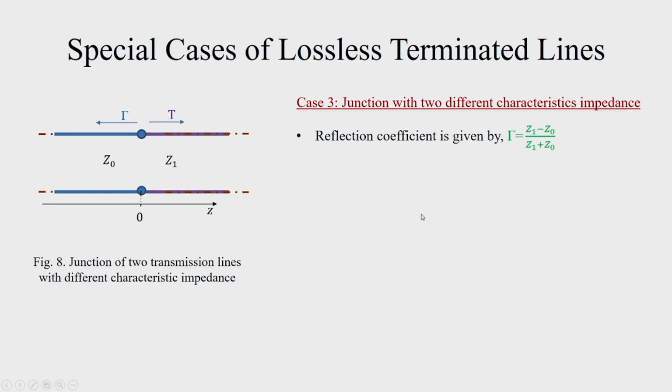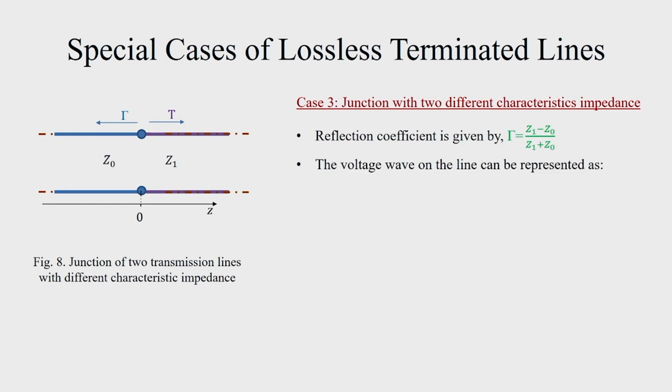So, the reflection coefficient at the junction, if we compute looking from this line, it will be given by Z1 minus Z0 divided by Z1 plus Z0,